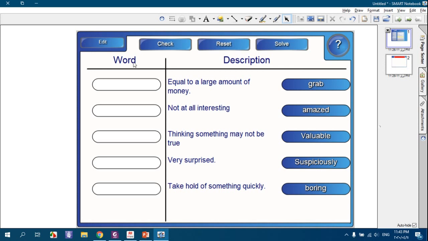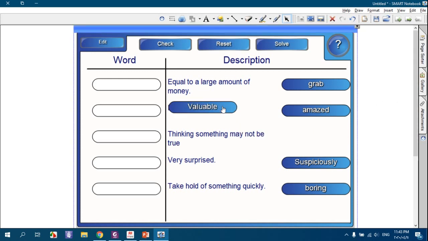Here we have the words. We want to find which word from here matches this description. Now we have this word grab, amazed, valuable, suspiciously, boring. Number 1, equal to a large amount of money. Yeah, think about money. So what's this? Yeah, I hear someone says valuable. Great, you're great. Number 2,